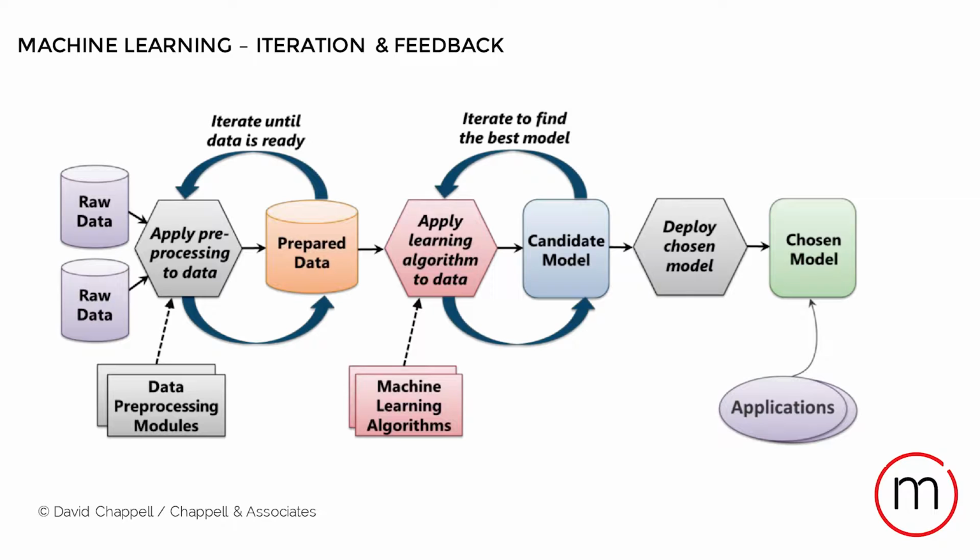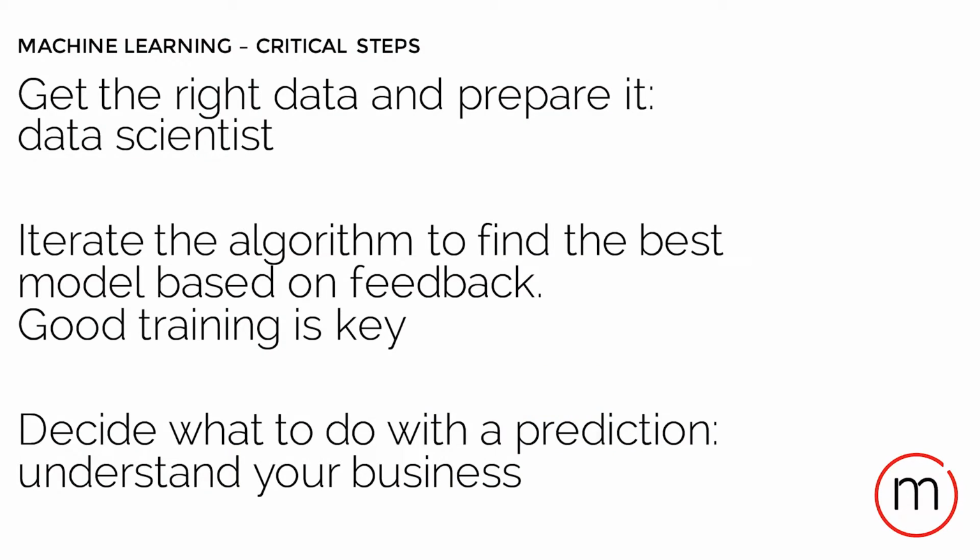Then, and this is an iterative thing, obviously, after we have all of our data, we can actually build a candidate model out of it if we find the right algorithm, and then also improve the algorithm a little bit. And then if we have the best algorithm, we can finish up our model and publish that model to our applications to be able to use. So a couple of critical steps. First of all, we need to get our data right. Second of all, iteration is going to be key to get the best algorithm translated into the best model. And last but not least, because you get something out of that model, you still need to understand your business, because in the end, a percentage will be a business decision to make.